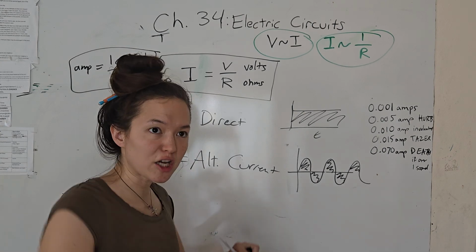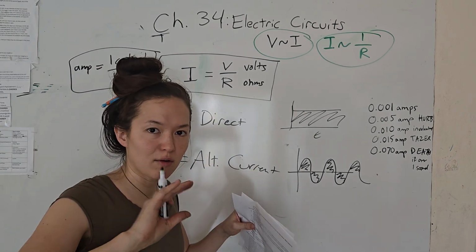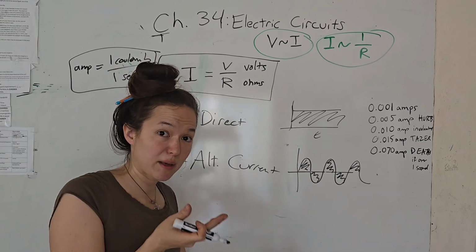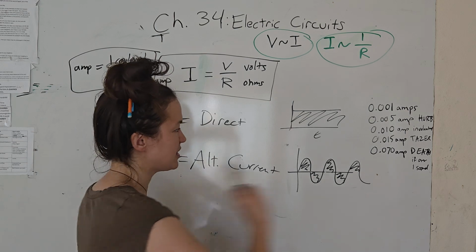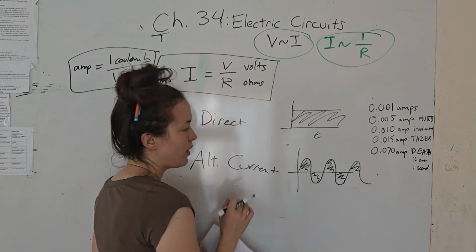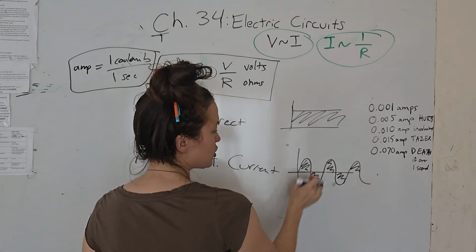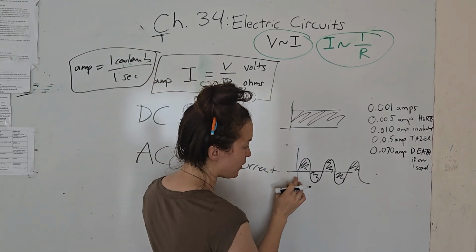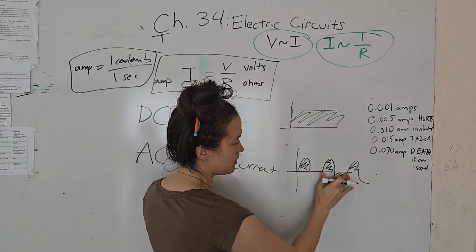They do it by fluctuating. If you think of the giant battery at the power company, the big potential difference, they'll switch the polarity of it back and forth, and what it does is jiggle those electrons back and forth, back and forth, back and forth. So what a lot of devices will do to turn this into direct current is have a diode that only lets through electrons moving in one direction,